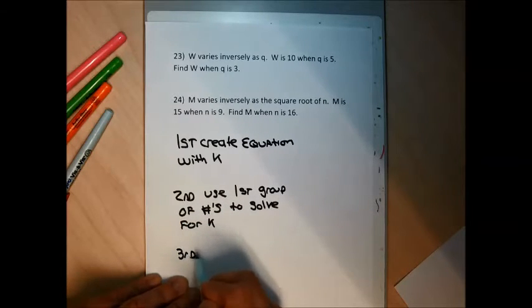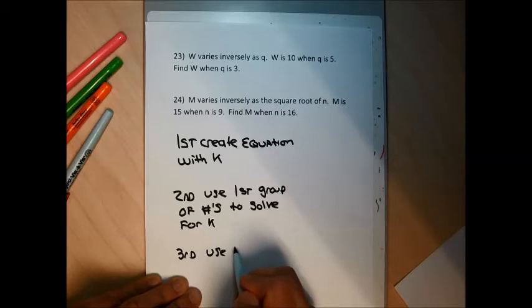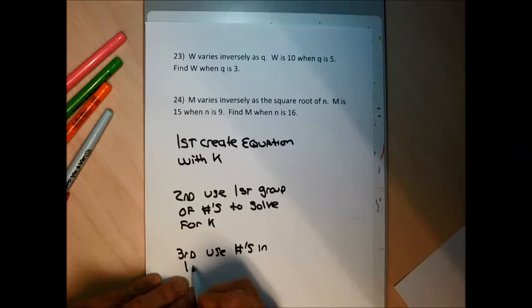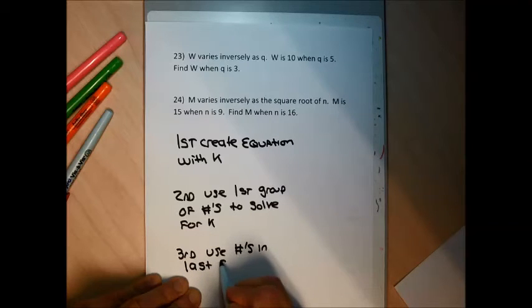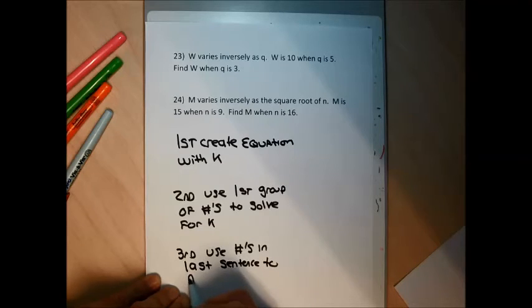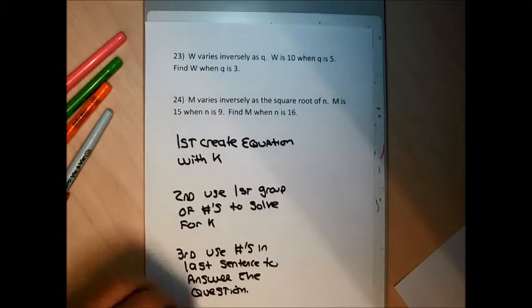Third, use the last numbers, or the numbers in the last sentence, to answer the question. So for each of the rest of the problems in this section, regardless of how wordy they get, I'm going